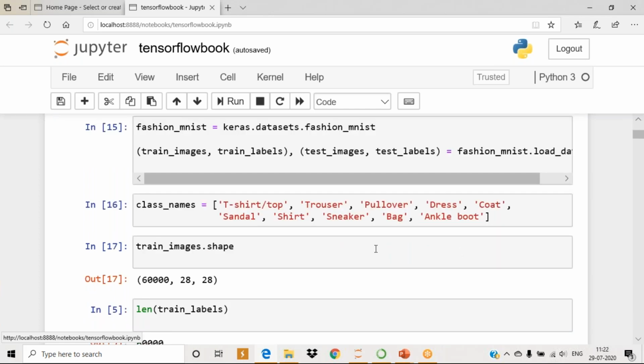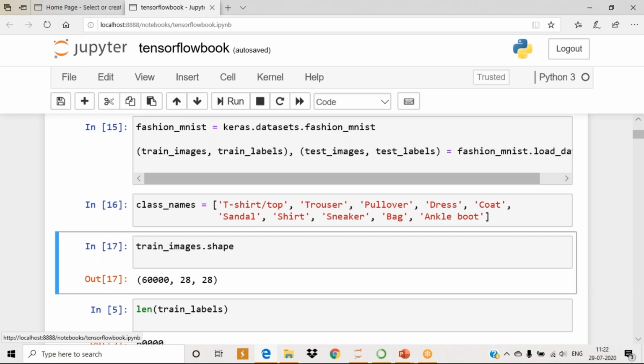Come to the next one, train_images.shape. I want to know the size of my train images. So just type it. What is your answer here? 60,000, because your train size is 60,000, right? And what is the shape of each image? 28, 28. So imagine how many values you have stored: 28 into 28 into 60,000.